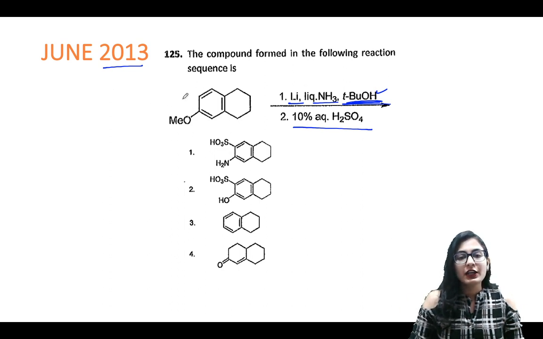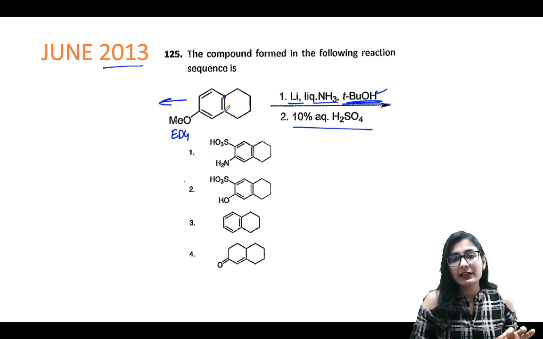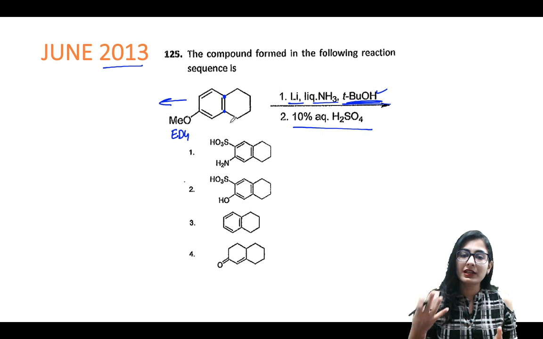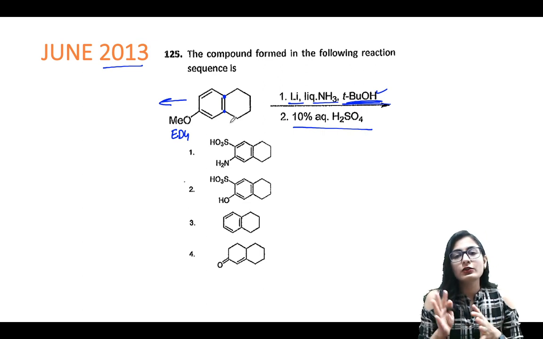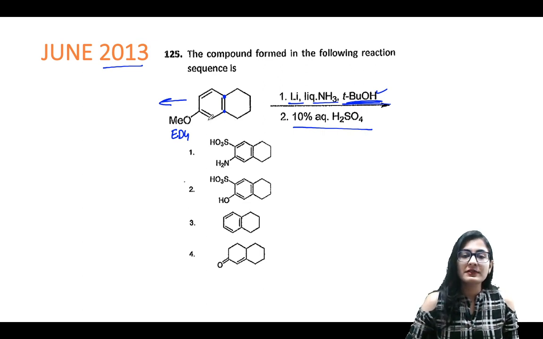Let's see that. So guys, we talked about this, that whenever you are having an electron donating group, now this is an electron donating group. Okay, and both of the alkyl groups over here are also counted as electron donating groups. They also don't want the negative charge to be by themselves, so the electron cannot be transferred over here, it cannot be transferred over here as well as here. These three positions are gone.